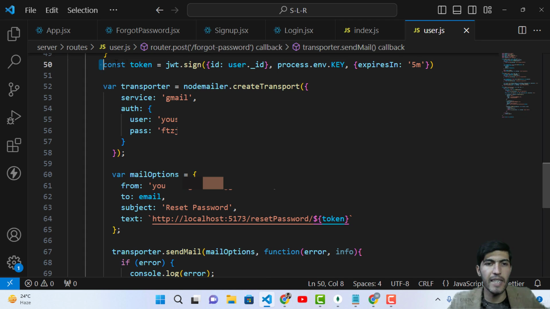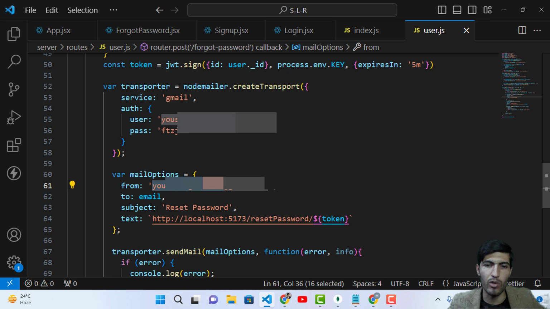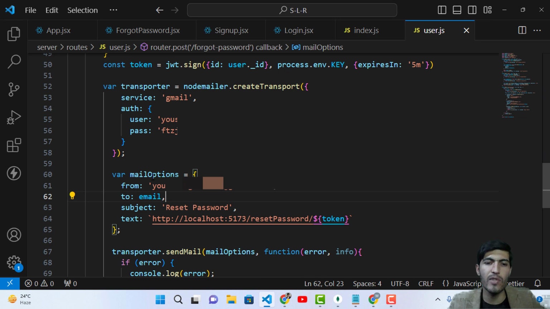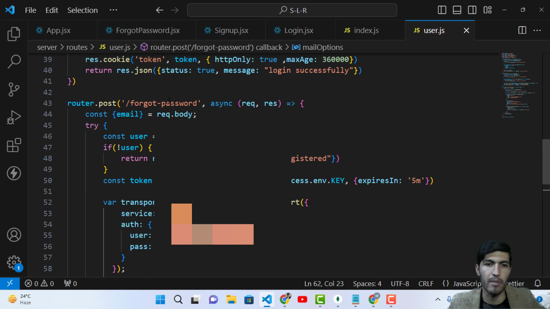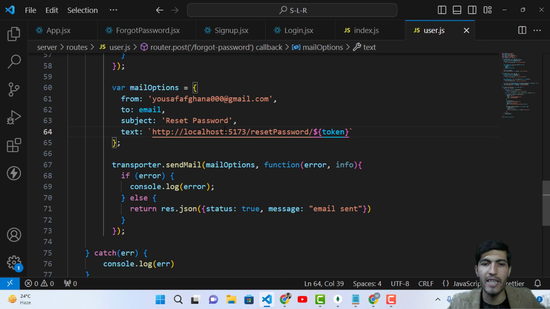First of all, I generated a token. Right now I coded this for generating a token. After generating a token, this is the previous code, but here I wrote my email, and this is the password that we have generated. And down here in the mail options, again, from which user, I wrote my email, then to the email, the user email that the user has previously entered. To this email we will send. After that, we will send this text: localhost, this is our front-end URL,